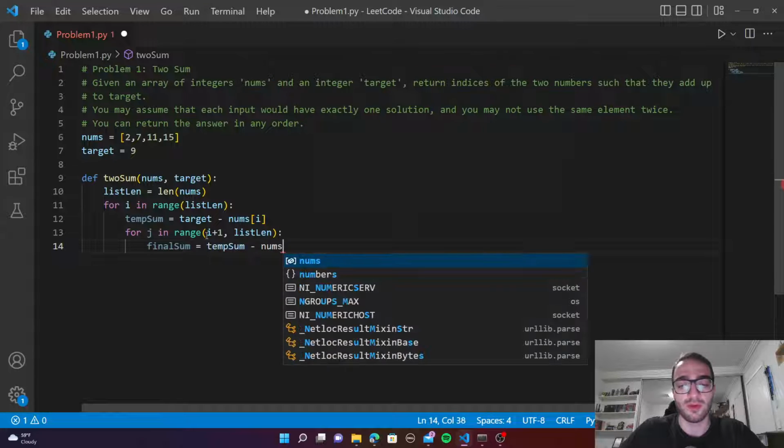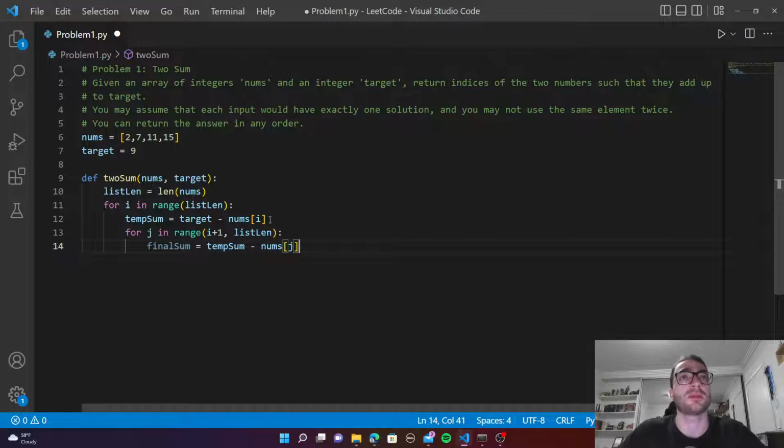So for this one, it's the same premise as above. So I'll subtract nums I, but in this loop, we use j as our iterator. So I'm subtracting nums j. So over here, I then want to do a check. So if final sum is equal to 0, that essentially means that the sum of the two numbers, nums I and nums j, is equal to our target, because when we subtract them both from target, if we get 0,